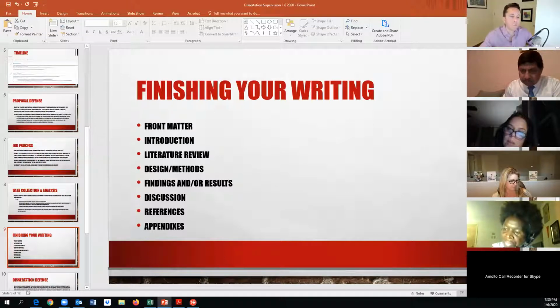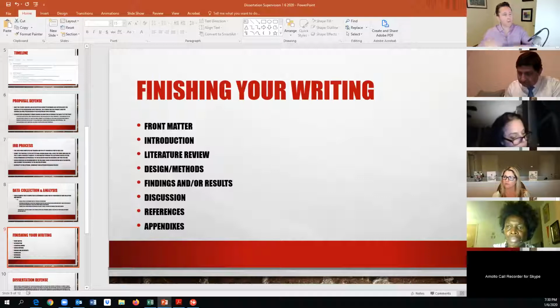Because in chapter 4, you just want to say, what are the results? This is the numbers. This is what the effect size was. This is it. And then in chapter 5, the discussion, you want to talk about why that matters. What does that mean in the context of the classroom? What does it mean to other people? What are the implications? What are the options for further study? What were your limitations or delimitations? All those sorts of things. So it's more about what does it mean and your interpretation of it.